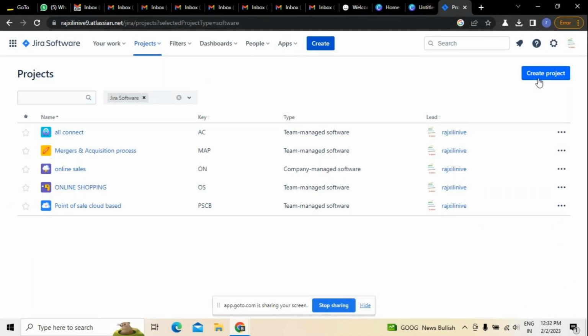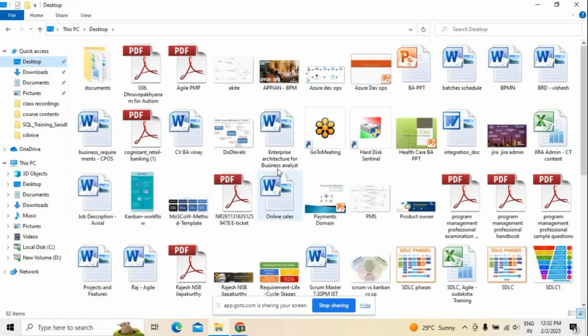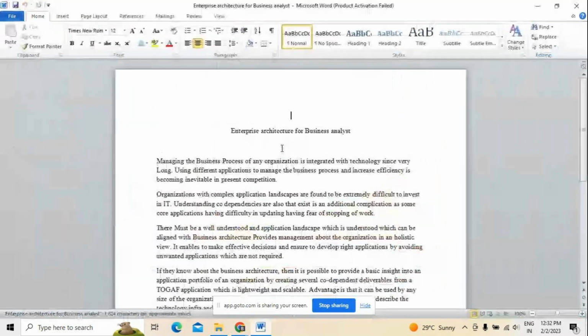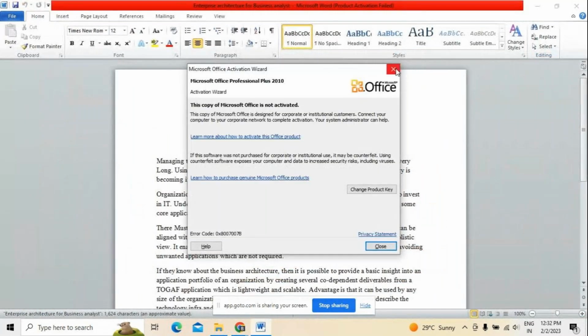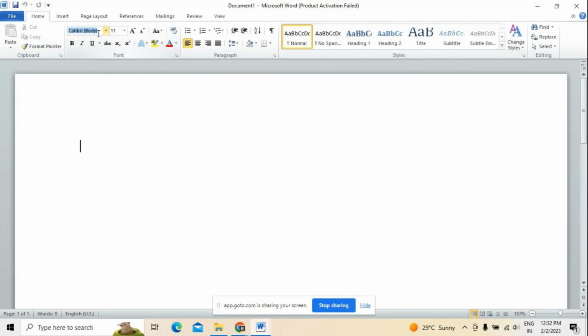Before I get into the creation of a project, let me explain who is going to use this Jira software and where it is being used. Let me open a Word document and explain it so that you understand better. Here, let's understand first. The first thing you need to understand is that Jira is a